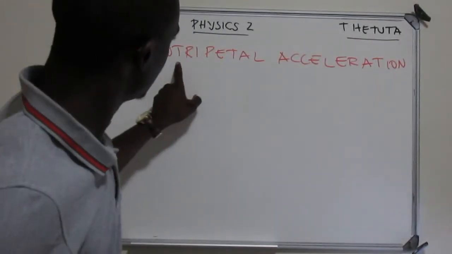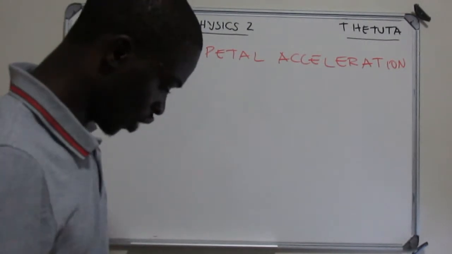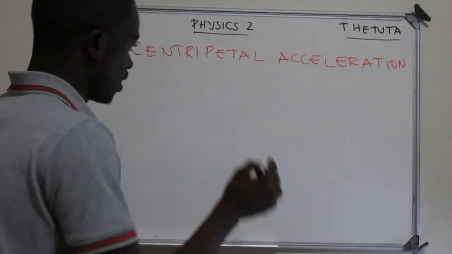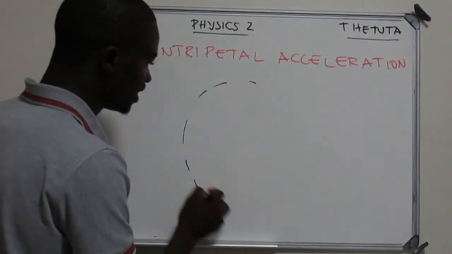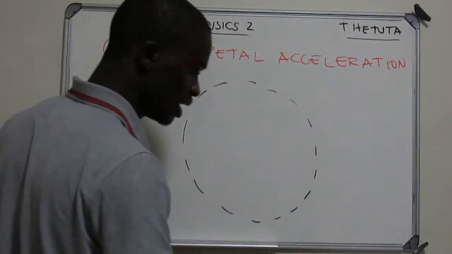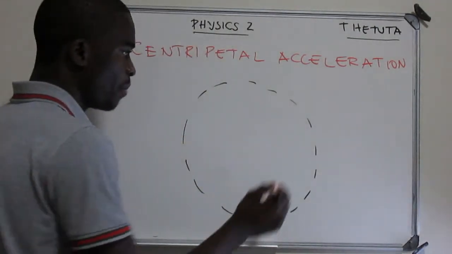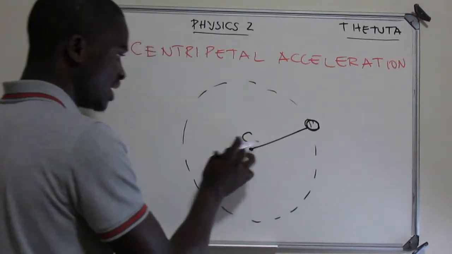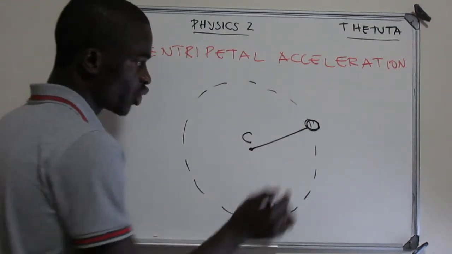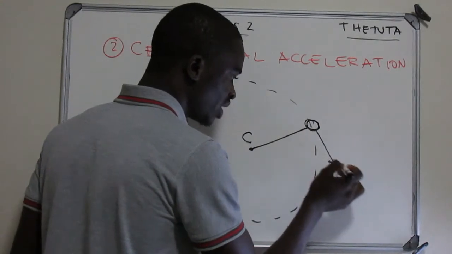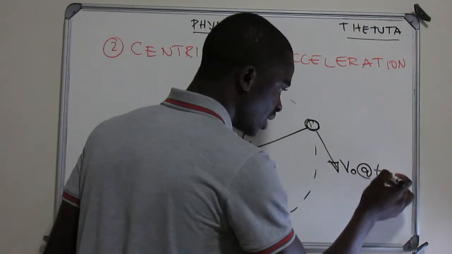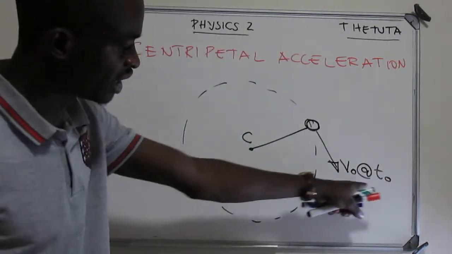And then the second concept we need to keep in mind is the centripetal acceleration. So I will try to explain again what it is about so that you know when you are dealing with it. As we explained, we have a circular motion. Previously we talked about the uniform circular motion, whereby you have a specific object that was rotating in a circular motion. This is our center, okay? But remember, this object is moving at a specific uniform speed. So you can say this is the initial speed at the initial time, okay?